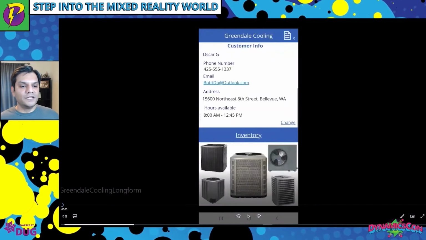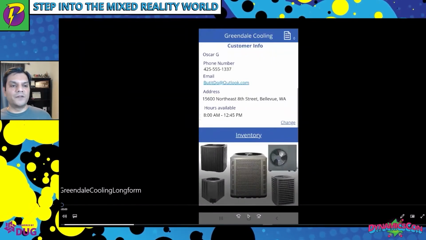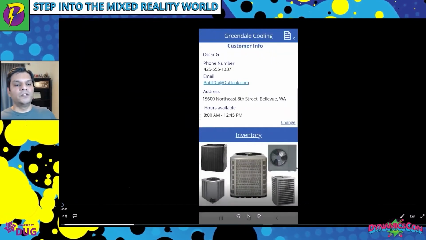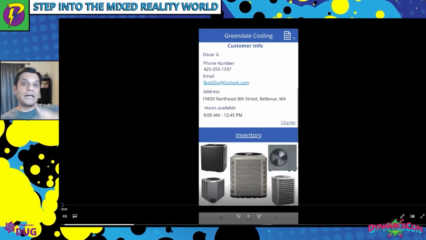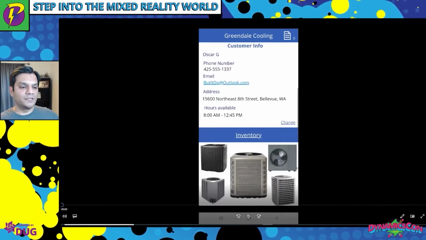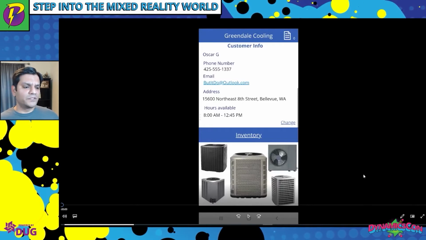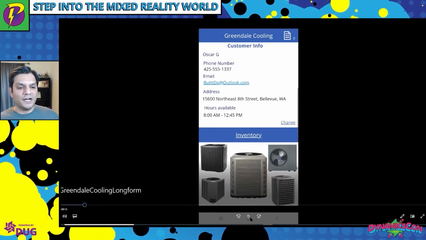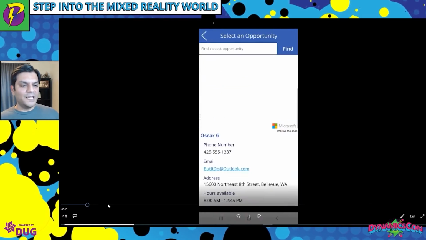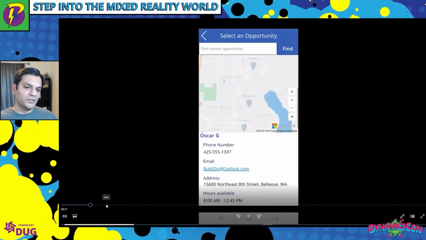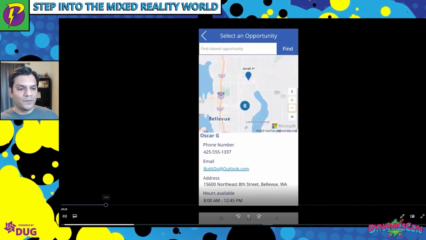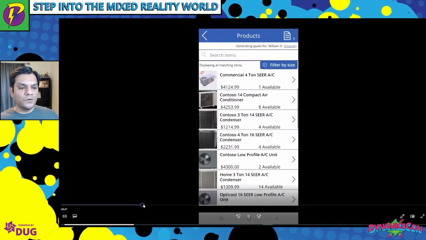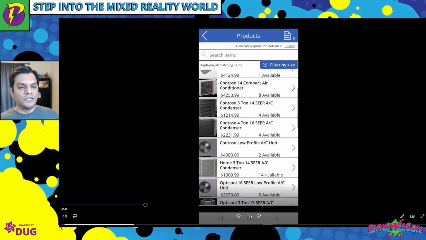Here is a simple app that was actually used by a company to sell these HVAC types of systems. The app is so simple and straightforward. It actually does a whole bunch of other things. The app was built to use the geolocations of where all these stores were. But then as we go over towards the middle, it comes over here.